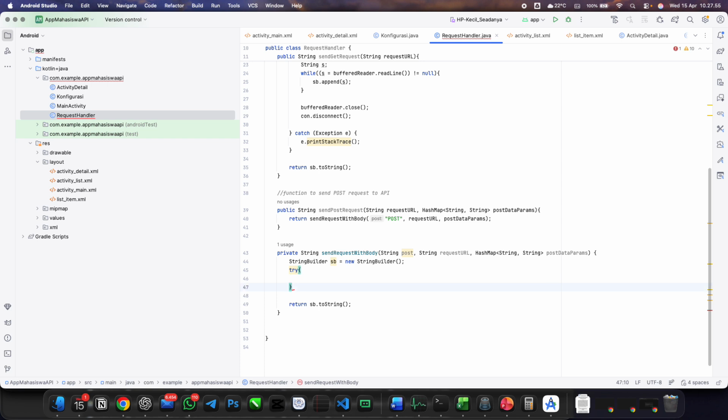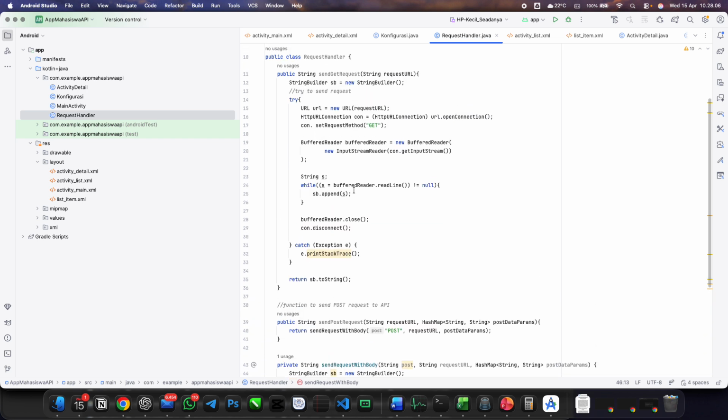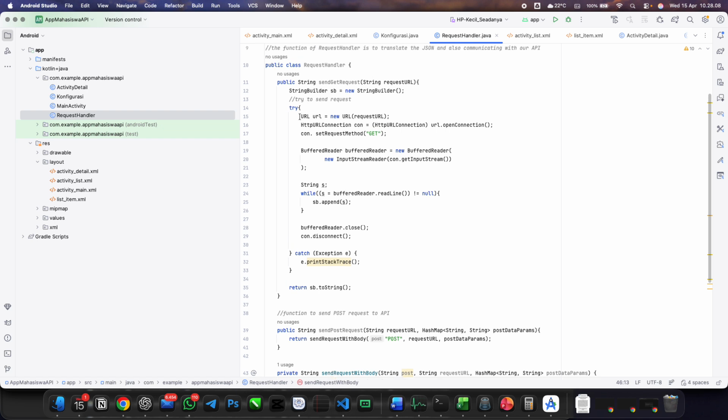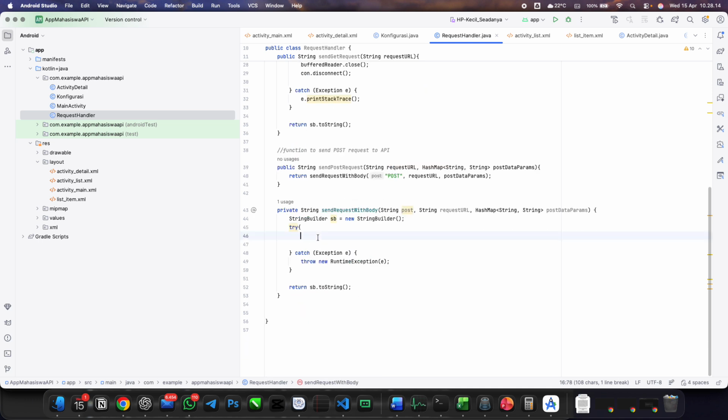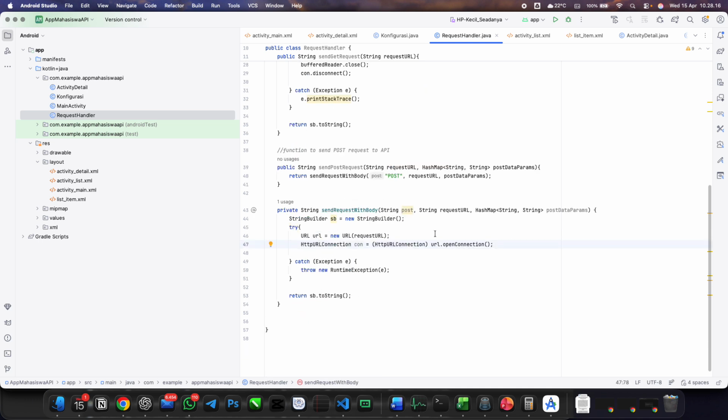After try, it will be catch. Okay. What we are trying is to open a new connection. The first one will be the same as the previous method. We are declaring the request. Okay, we'll put it over here. URL, sorry, new URL, request URL.